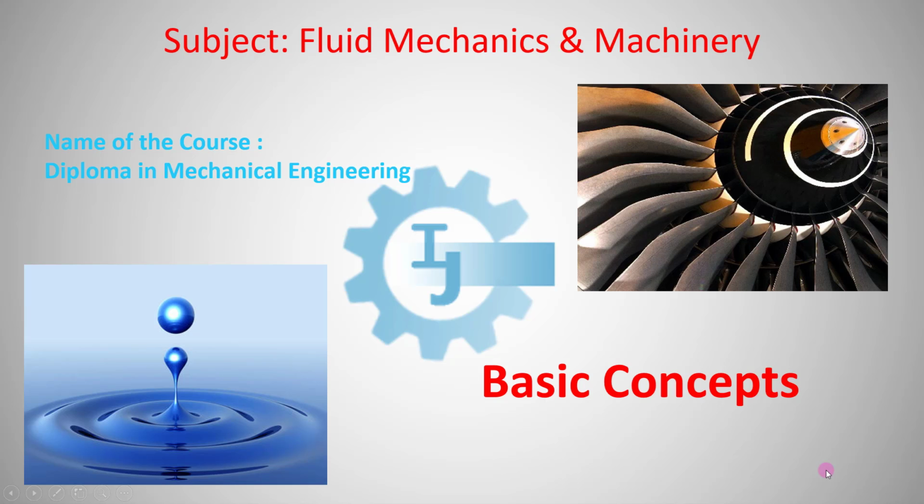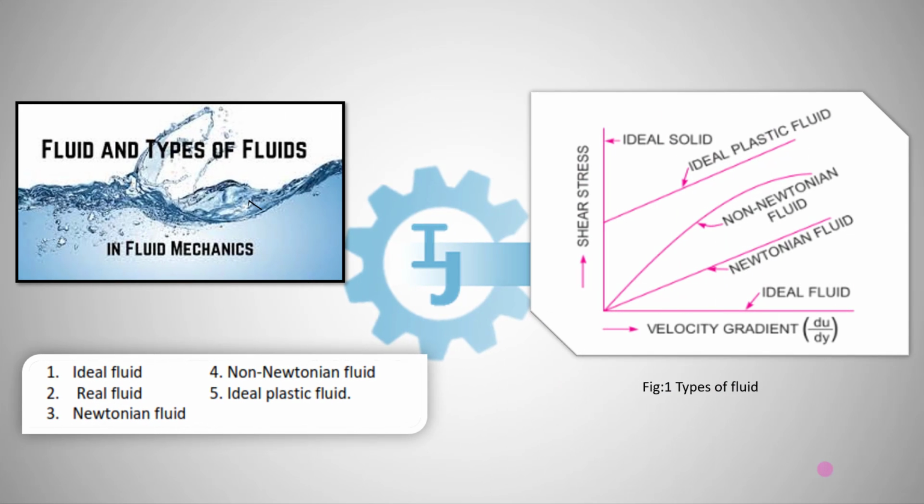Students, in today's class of Fluid Mechanics and Machinery, we will learn about various types of fluid and surface tension. So let's begin today's class. Here we can see there are 5 types of fluid. One is ideal fluid, next is real fluid, next is Newtonian fluid, next non-Newtonian fluid, and here is ideal plastic